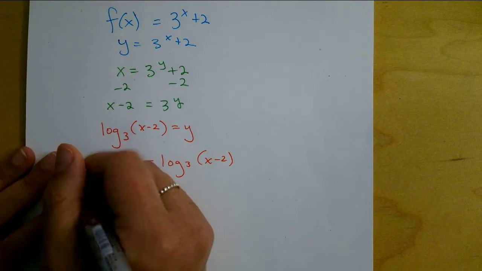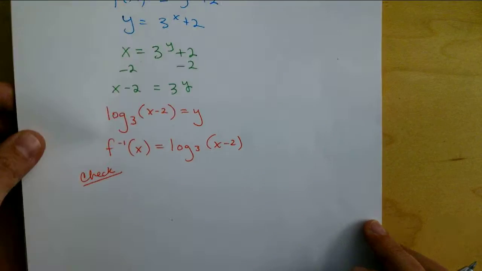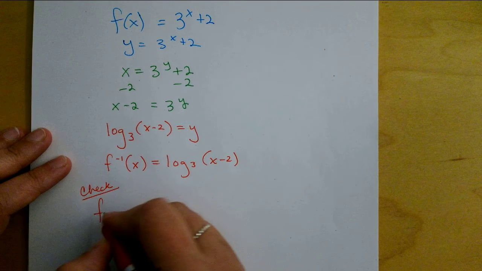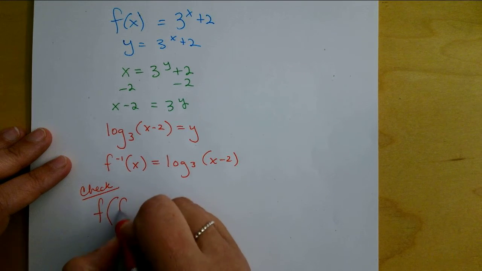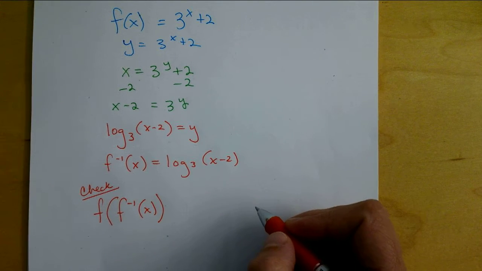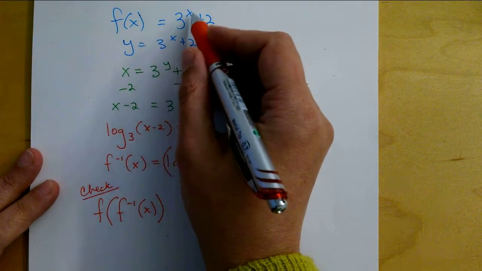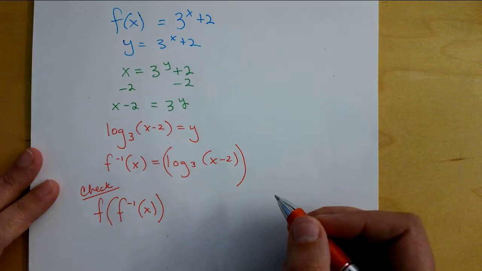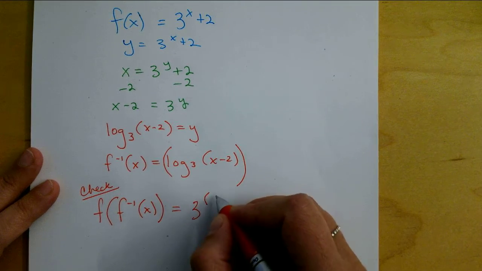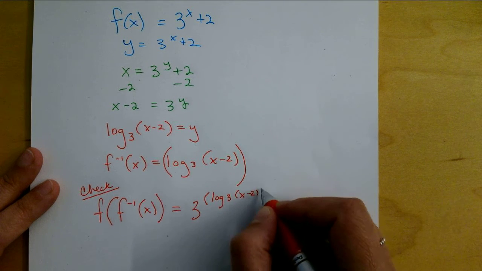We were talking about how to do the check, and I didn't have room, so I'm going to do it on extra paper. We take the original function. If we check, the composition of the functions with the inverse should undo to give us x, okay? That means if I plug this into the exponent, everything should undo. Okay, so let's try that. 3 to the power of log base 3 of x minus 2